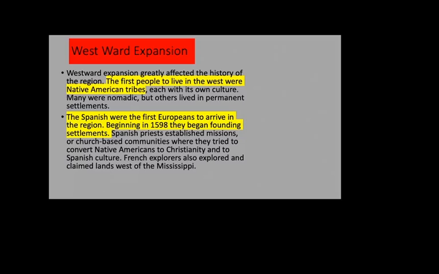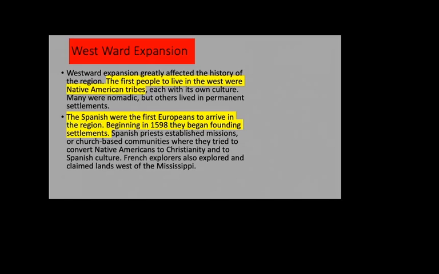All right, westward expansion greatly affected the history of the region. The first people to live in the West were Native American tribes, each with its own culture. Many were nomadic, meaning they moved around, but others lived in permanent settlements. Okay, so if I'm going to write something for notes on this page, I would write down anything in yellow